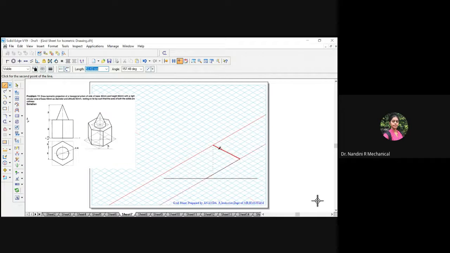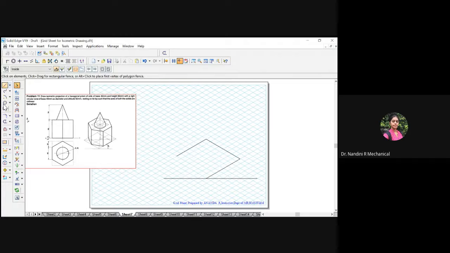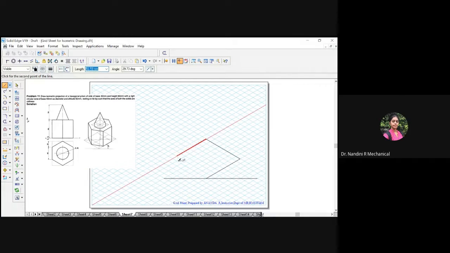So measure 8 units again here. 1, 2, 3, 4, 5, 6, 7 and 8. After measuring 8 units, come back, count 8 units. I just missed it. I've counted 7 units. From here, one more. It's overlapping.